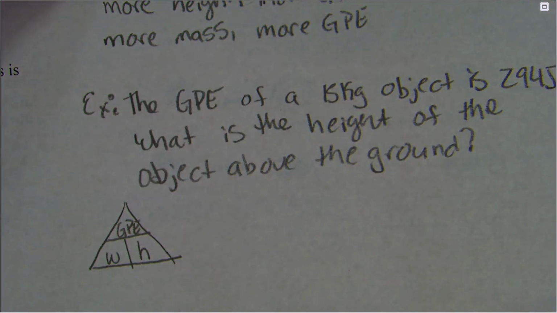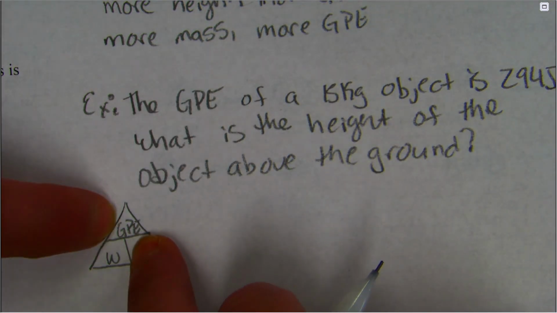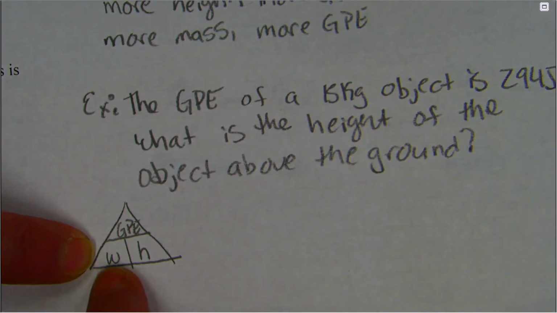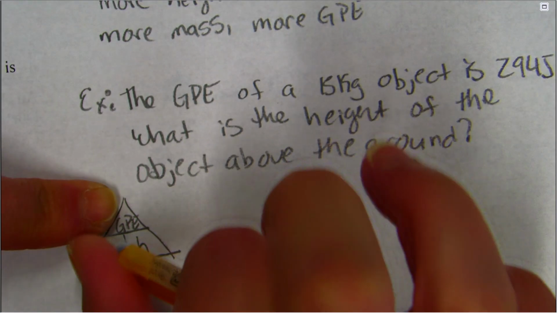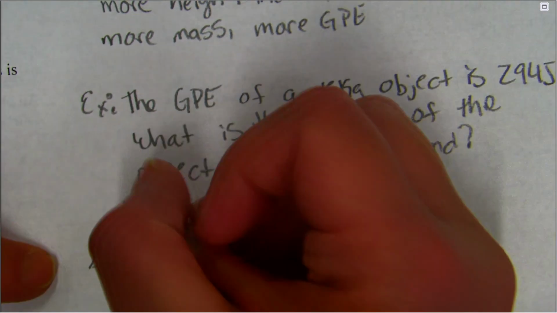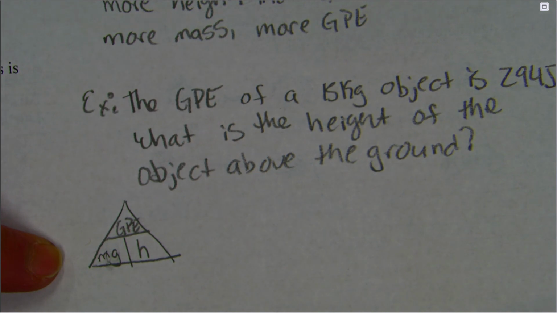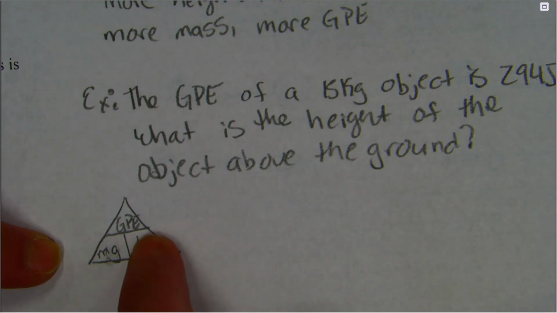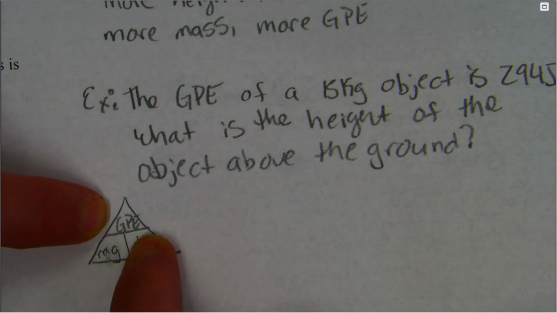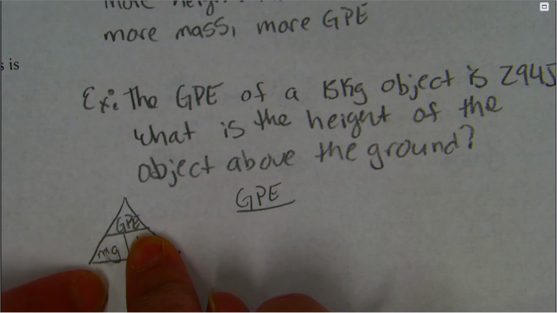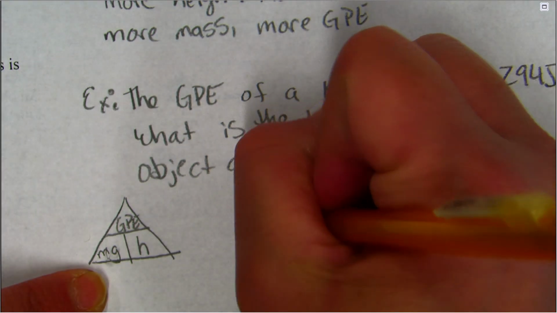All right, so we want to know how high. So we're going to do gravitational potential energy divided by weight. Now, weight is mass times gravity. So to find height, I'm going to do gravitational potential energy divided by mass times gravity,